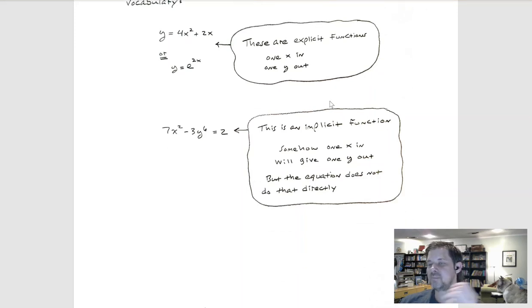Now, on the other hand, if we have something like this, it's still true that if I plug in an x, I can get a y back out, but the equation doesn't do that directly. And another way that you might think about that is it's not